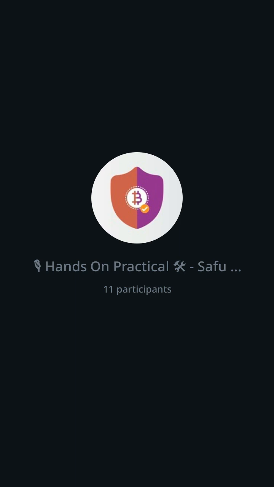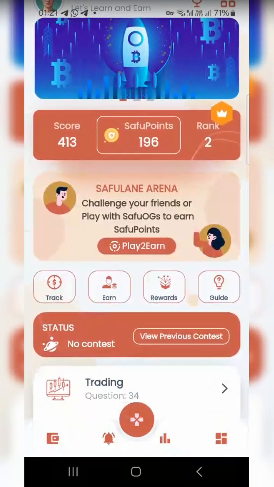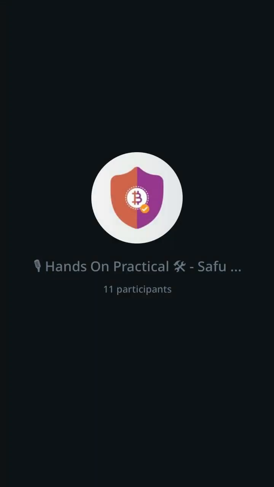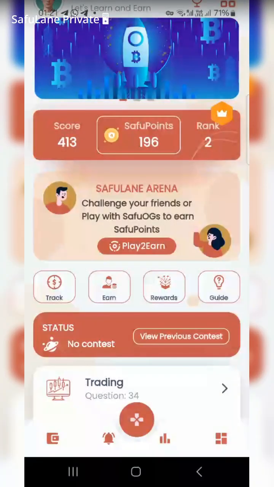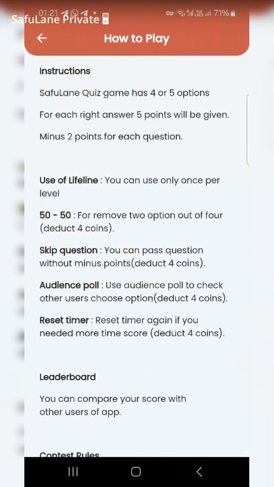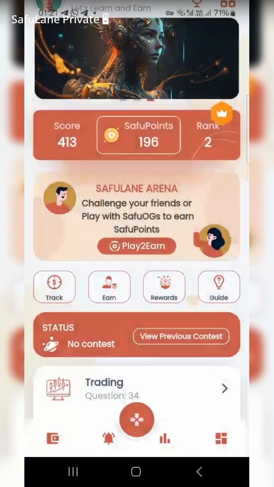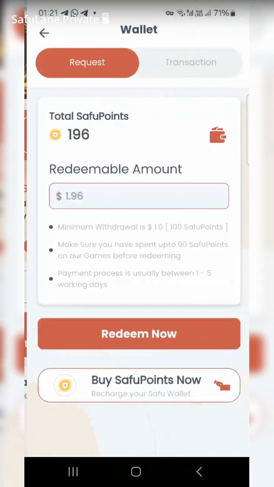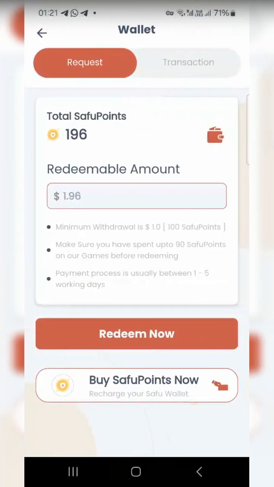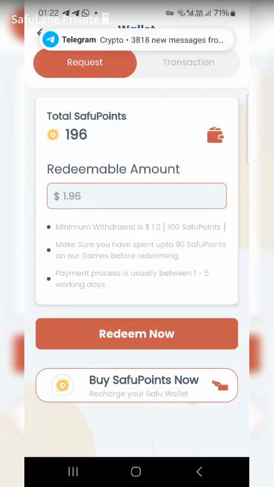So it means when we really go upscale, everyone will enjoy using this application, and it will give us a better room to achieve the main purpose of learning and earning, because it will be more fun if you are earning points and you can be redeeming them into USDT. So this is how we want to support every one of us in such a way that